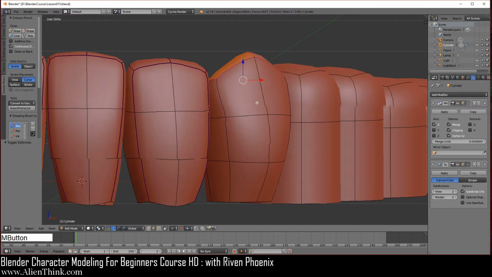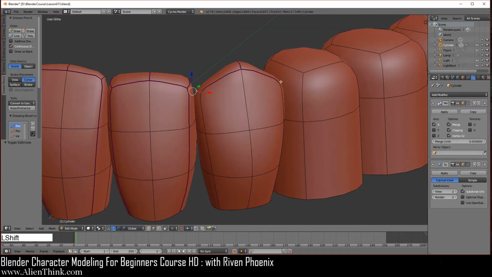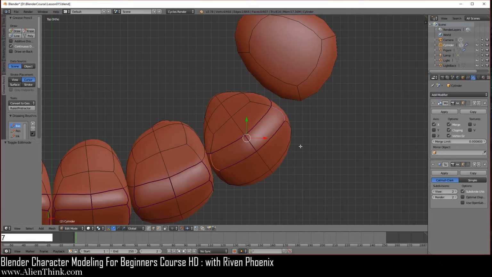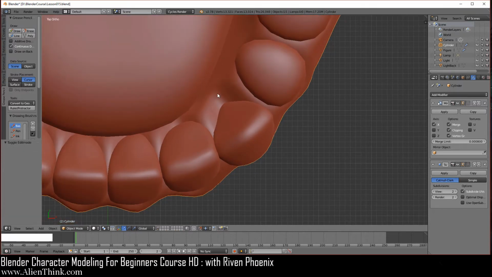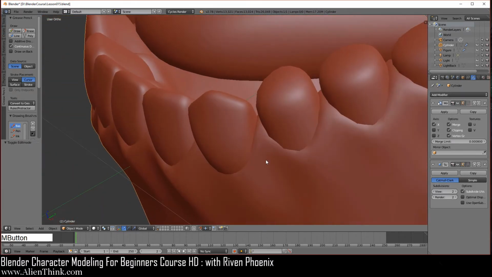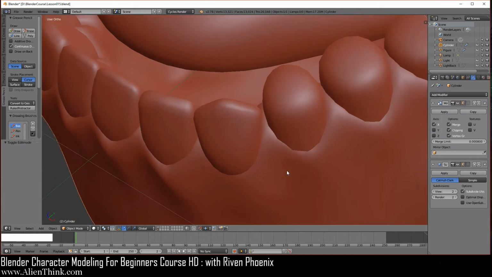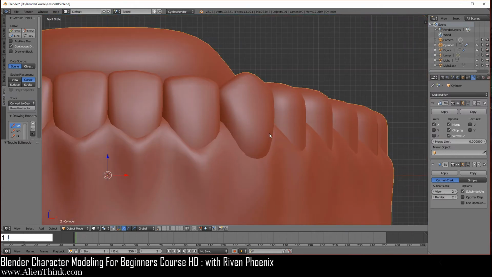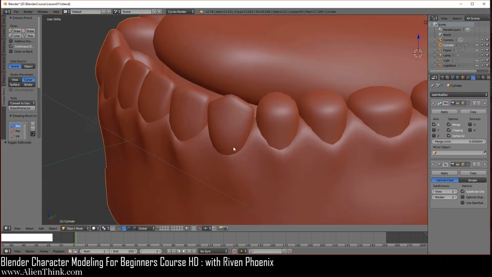Okay, so next what we can do is just simply click on this edge, shift it on this one, and from the top we can just scale this out a little bit. Press the S key and scale one time over here. Okay, so if I do tab, you can see the gums in the back. We're going to have to modify this later. Okay, so we're going to do that a little later. Right now we're just concentrating on the tooth over here. So I'm just going to make sure over here everything looks good.